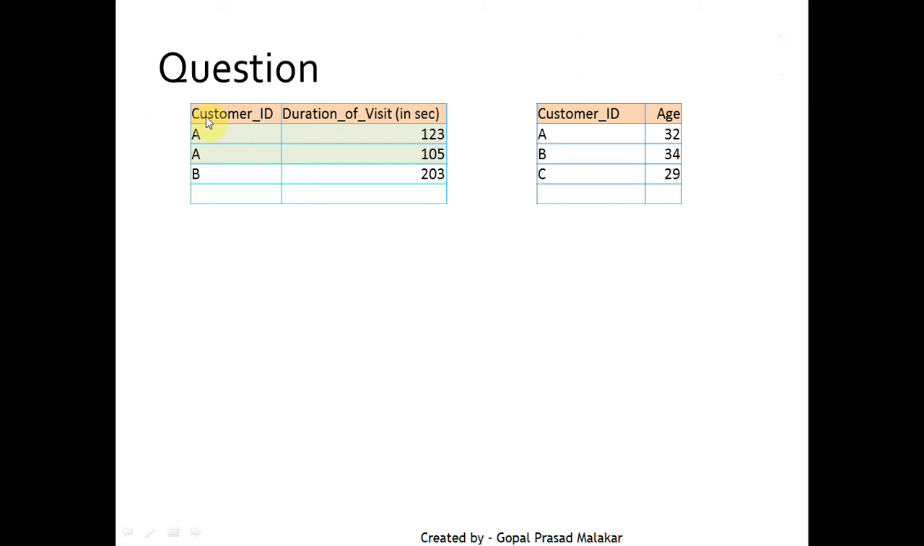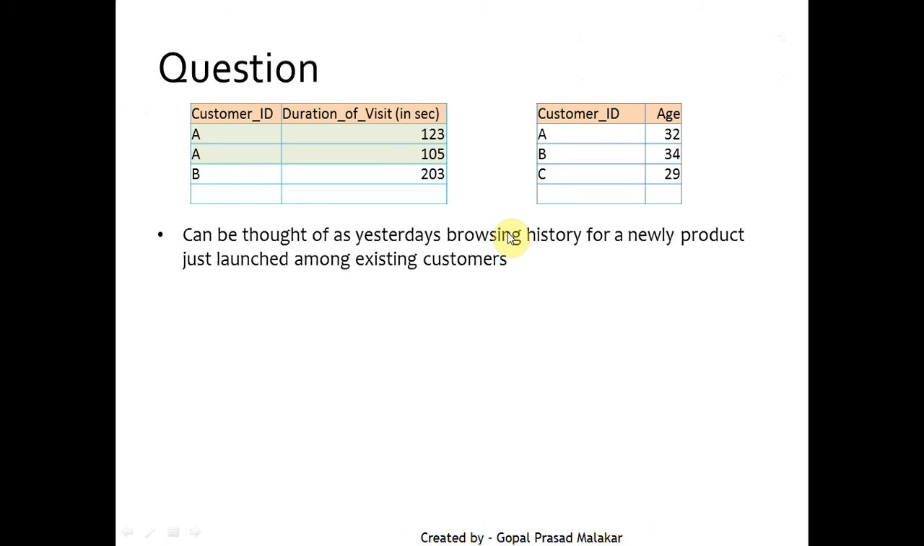The data is like this, where you have customer ID and, in each visit, how many seconds he stayed on the website. So customer A, in the first visit, remained on the website for 123 seconds. In the second visit he was there for 105 seconds. You have another data set, a master data set you can say, which is customer ID and age. Now you can think of this data as yesterday's browsing history for a newly launched product among existing customers,